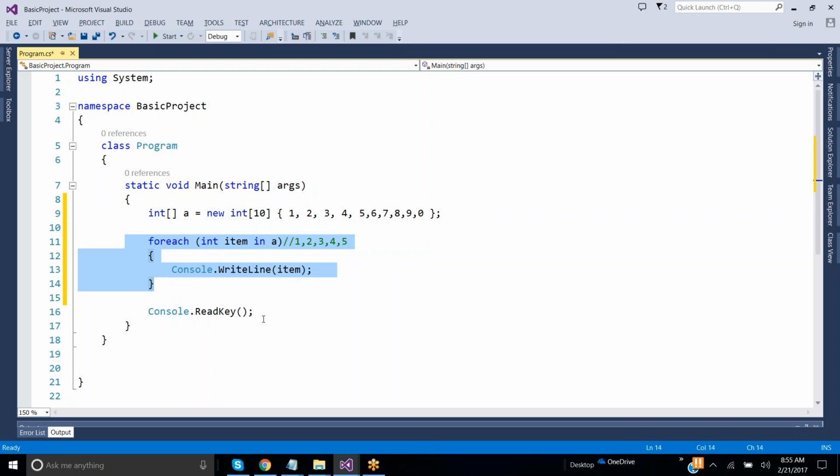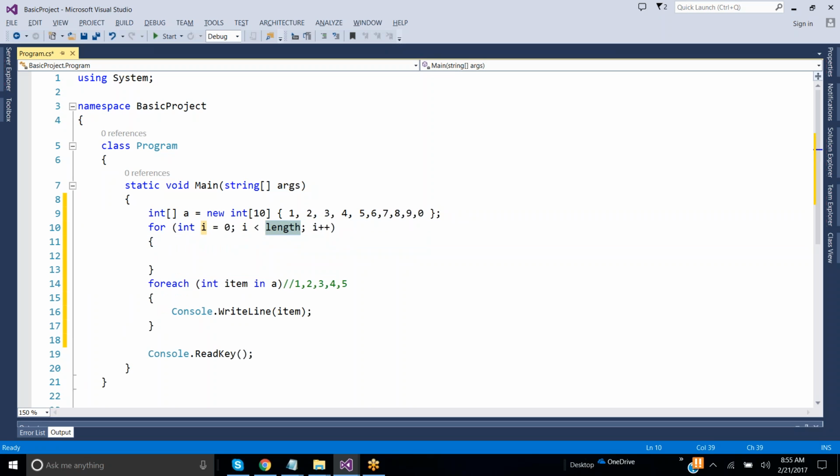So this is dynamic, right? Whenever you are taking a for loop, suppose in the earlier example, we need to write like this: for int i is equal to 0, i less than 5. Now if the number of values changes to 10, i less than 10 also changes, right? That is the problem of for loop. We have to change the values at runtime based on the size of an array. To overcome this disadvantage that is present in a for loop, we are using a for each loop.